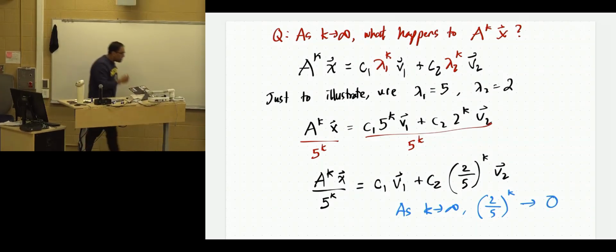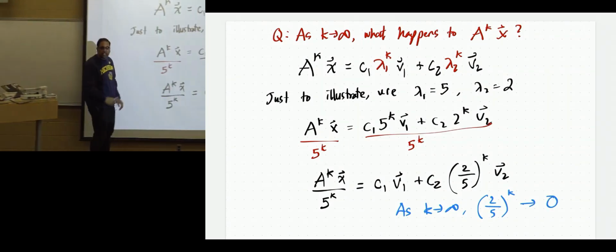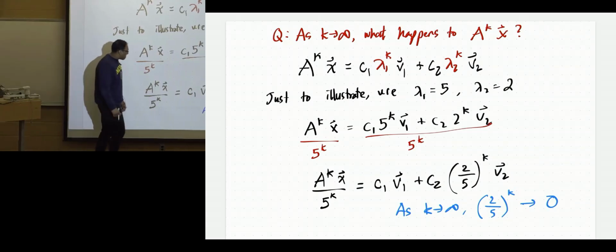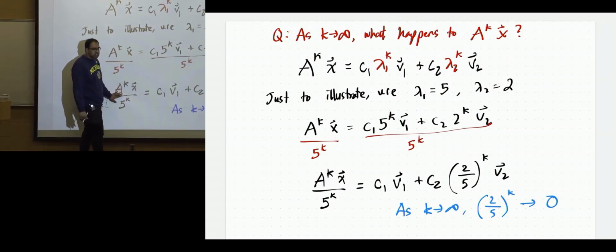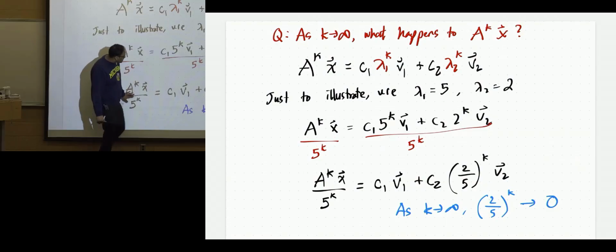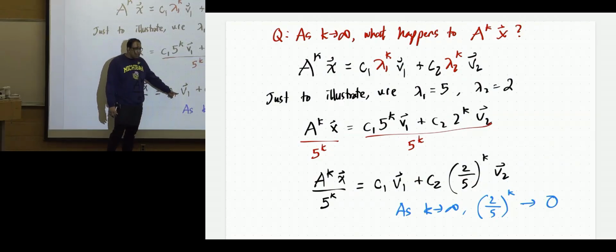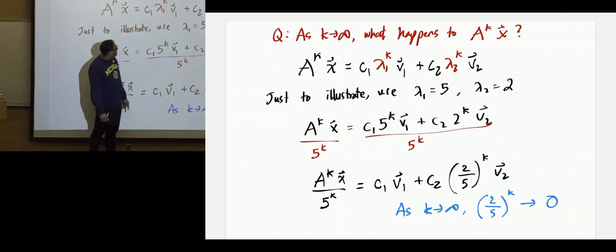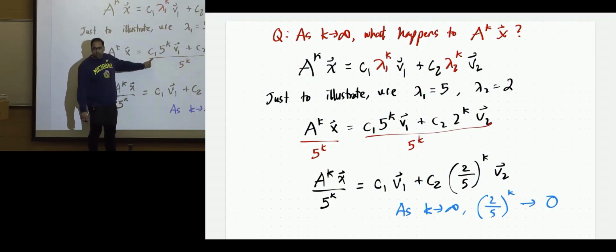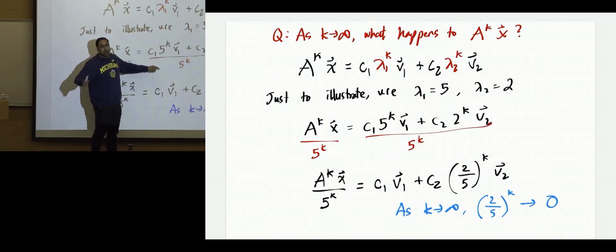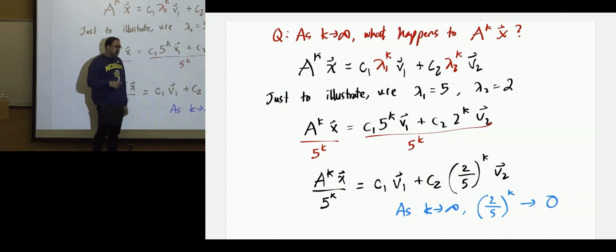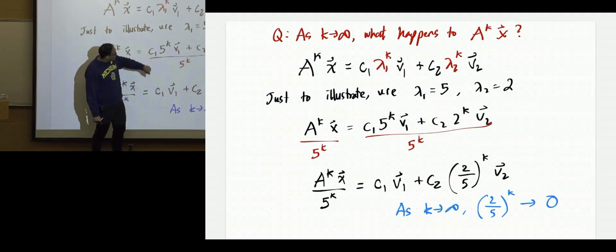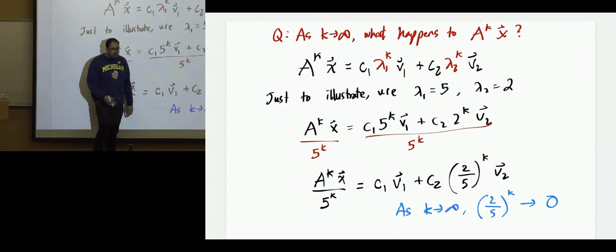And so what that shows you is that as k approaches infinity, the direction of A to the k x ends up being solely determined by v1, which was the eigenvector for the bigger eigenvalue here. Because the smaller eigenvalues and their corresponding eigenvectors, their influence gets smaller relative to the bigger eigenvector's influence. Okay, and so here I divided by 5 to the k, but there's nothing special about